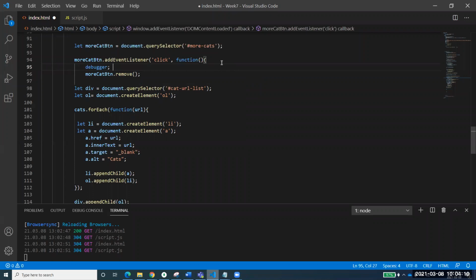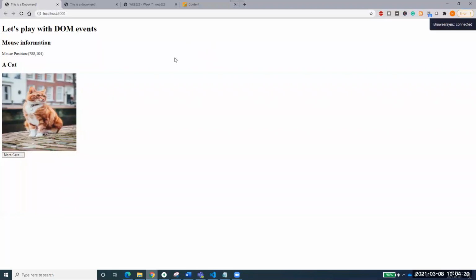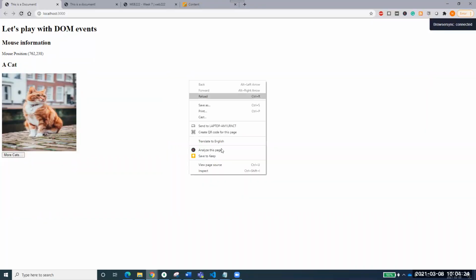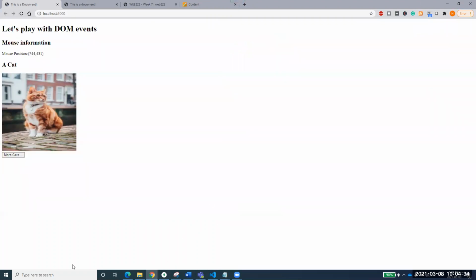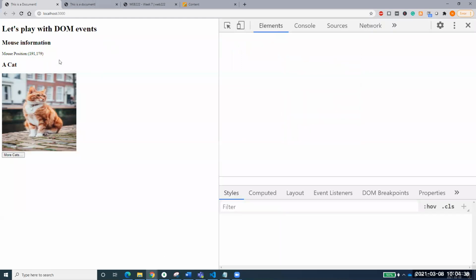Right? I think we can just place a debugger here. So write debugger over here, right? Let's talk about that. Now what will happen? Let's refresh it, and let's inspect this one. Now, you see here that you have got a debugger over here as well, and the debugger works better in Firefox. I don't have Firefox right now, but let's run that one.